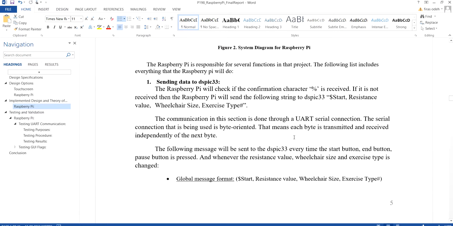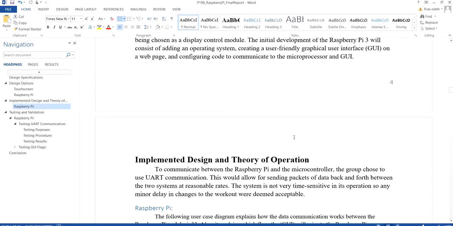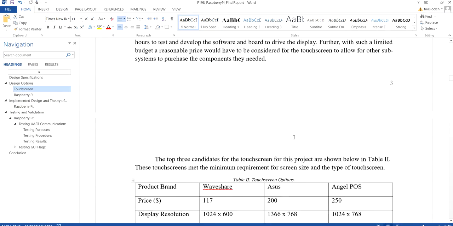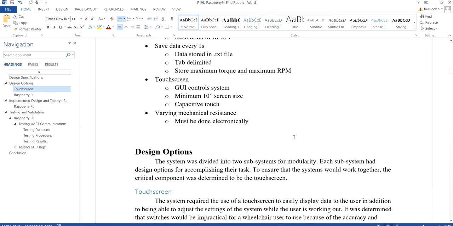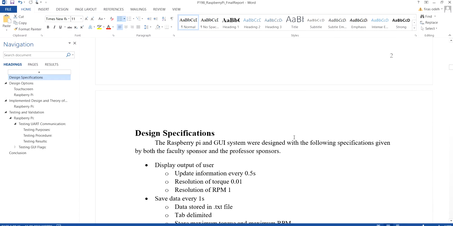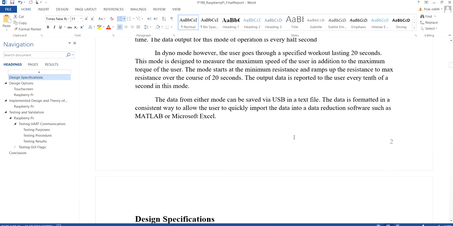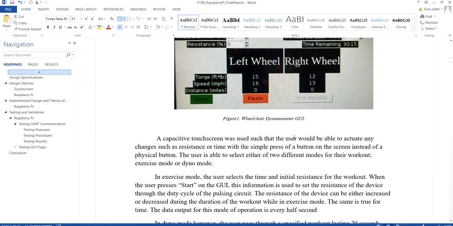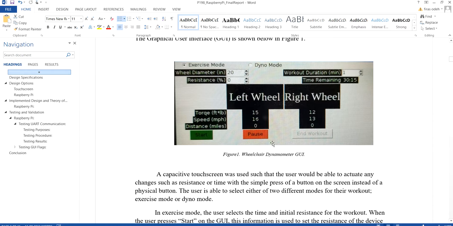Now I'm going to show you the GUI screen I have on the Raspberry Pi right now. This GUI screen I'll be using to change the resistance value, the wheelchair, and press on the buttons such as start, end, and pause. As you can see here, that's the GUI screen over here. We have 2 workout types. We have exercise mode and we have dyno mode, and we have the wheelchair diameter that will range from 20 to 26 as I said earlier, and then we have the resistance level, and then we have the workout duration